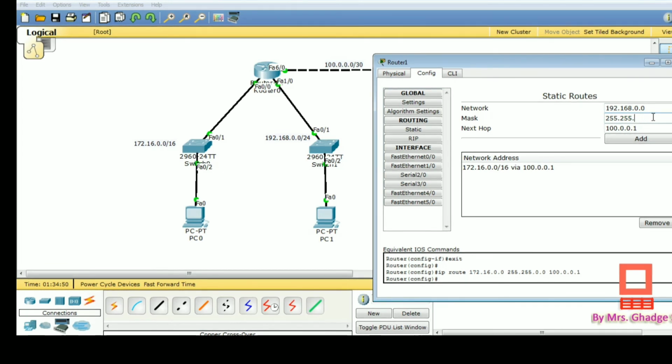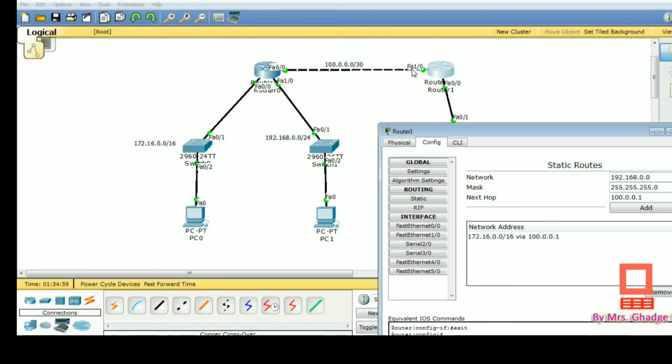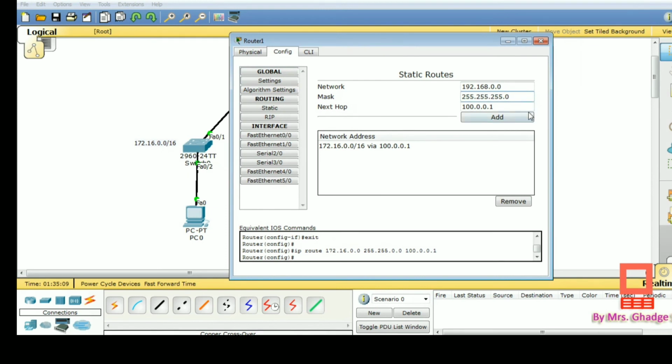So here the subnet mask is 255.255.255.0. Okay, and the next hop entry is again the same, because in order to reach the second network, the 192 network, we have to use the same link, that is FA6/0. So that's why here it is written the same entry for next hop.